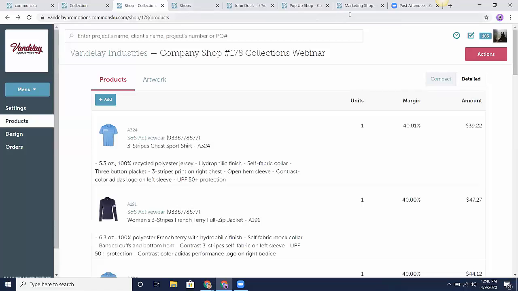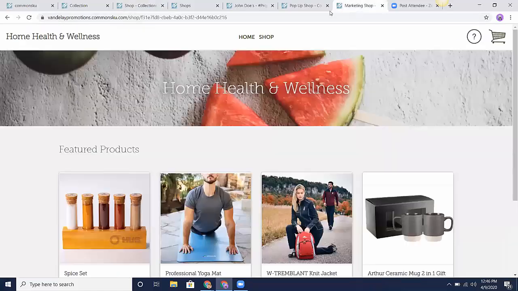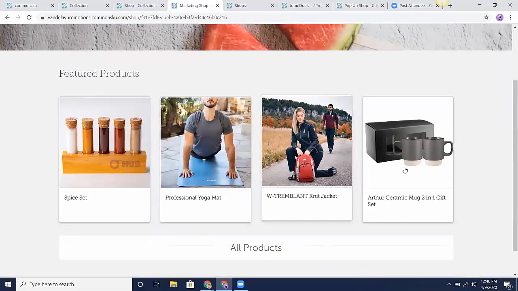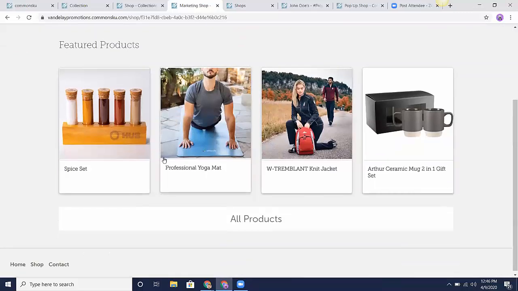So these are a couple of shops that Bree has made, and she made them in the course of a day. So here's a health and wellness one that she was able to pull items into, obviously with a nice customized banner at the top, just customized the lettering. And then you can see this one is using our featured styles. So she chose these four products to feature, which your client can click into,